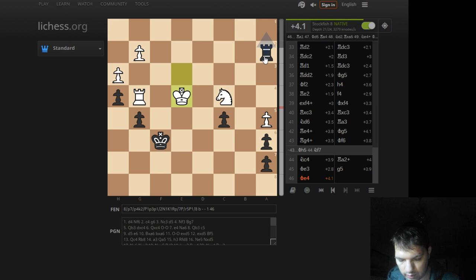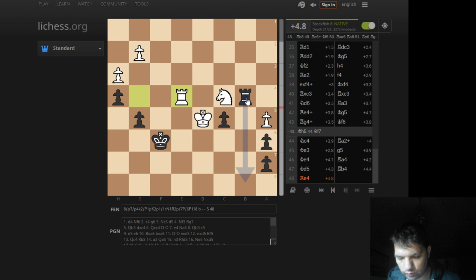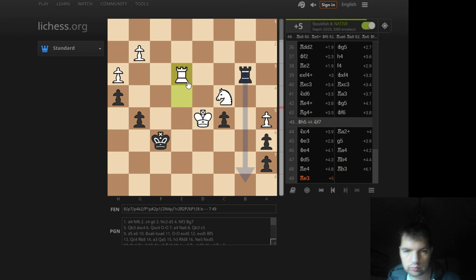Here, rook a4. Yeah, rook d5, king d5, rook b4. Trying to cut off the king. Rook e4, rook b3, rook e3. Now computer wants to take, but of course that's suicide, because he just very easily rounds up all these pawns here. Rook e3,